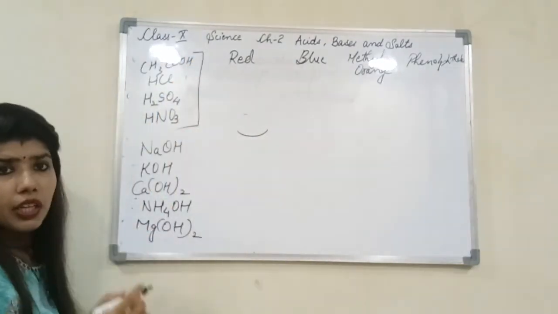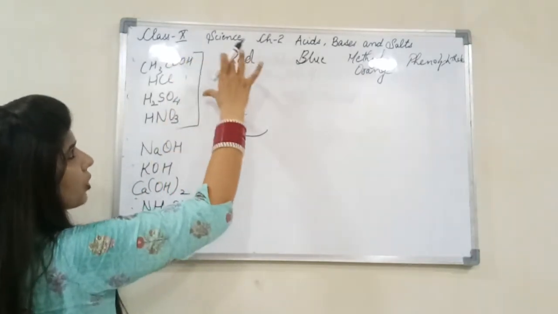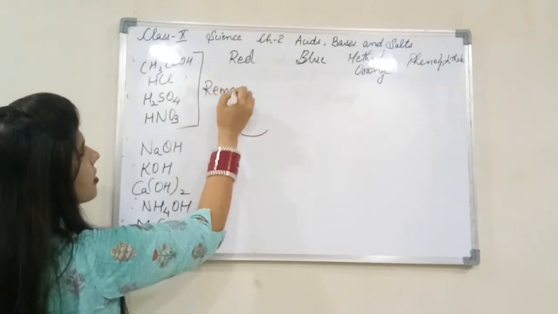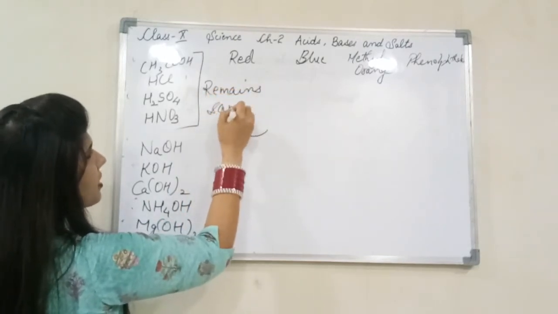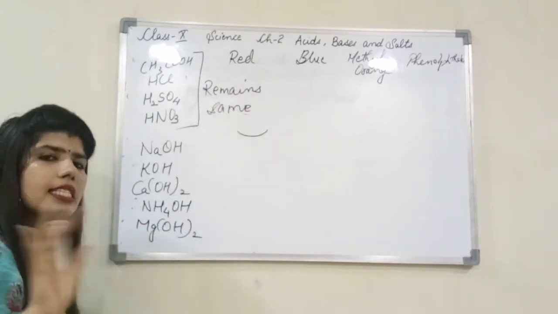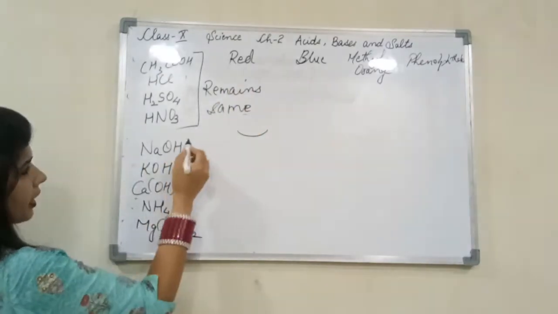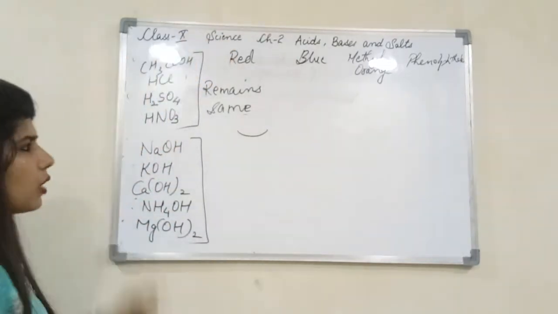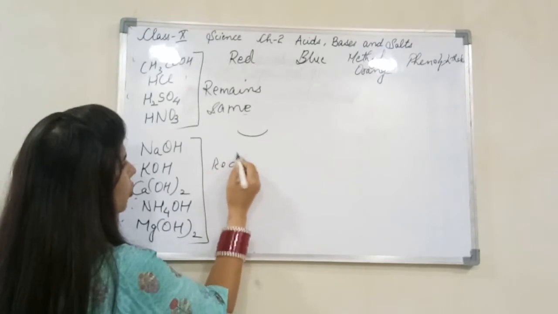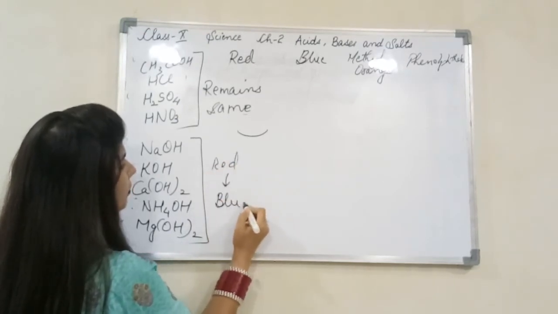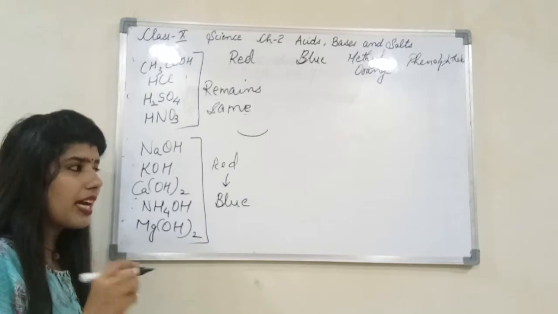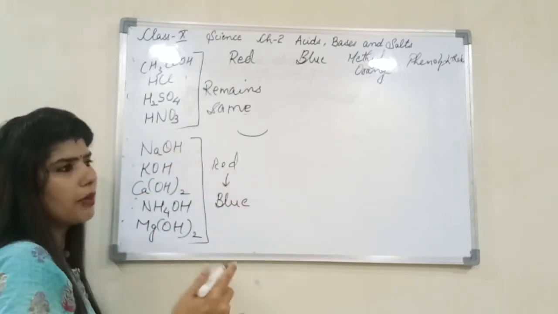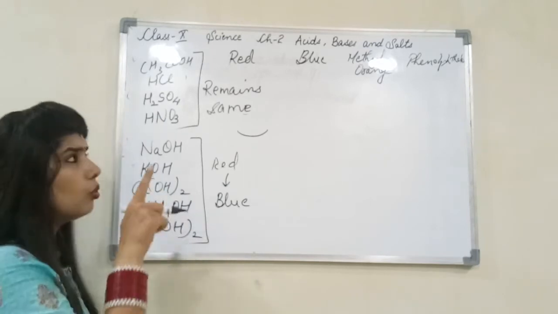These are acids. You know the sign: when you put red litmus solution in acids, it remains the same. But similar thing if you go with the base. These are the bases. So अगर आप base में red color का litmus solution डालोगे, the red color is going to change to blue color. So whenever they ask you in exam the question regarding color change, please mention वो color कौन से color से कौन सा color बना है. Don't directly mention blue color. Mention it changes from red to blue.